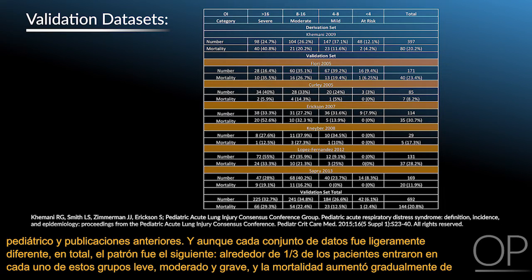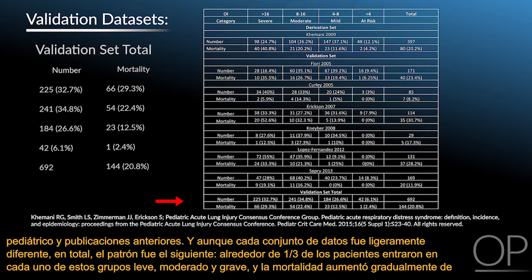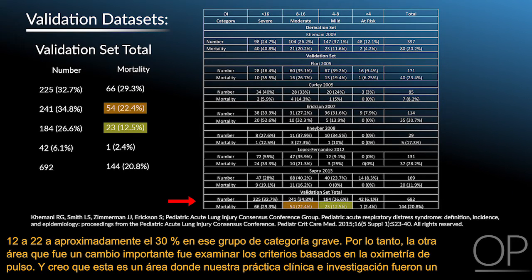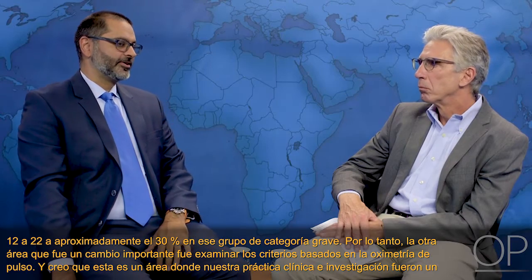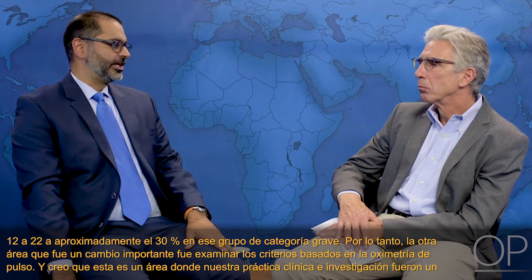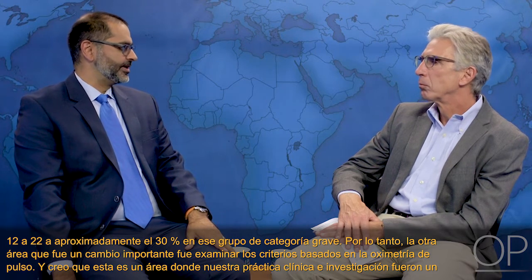And while each dataset was slightly different, in total, the pattern held, that about 1/3 of the patients fell into each of these mild, moderate, and severe groups, and the mortality stepwise increased from 12 to 22 to roughly 30% in that severe group. So the other area that was a major change was looking at pulse oximetry-based criteria, and